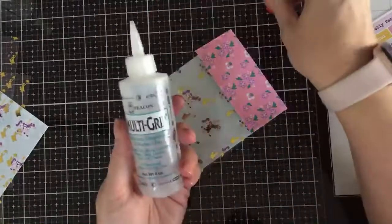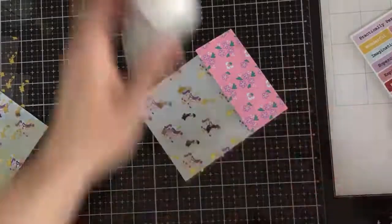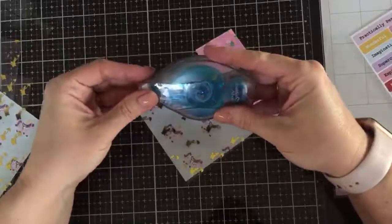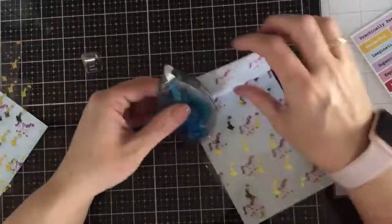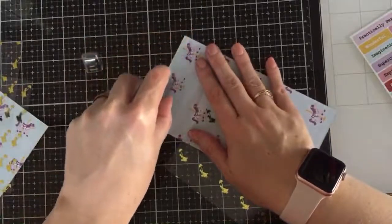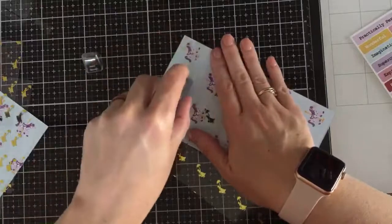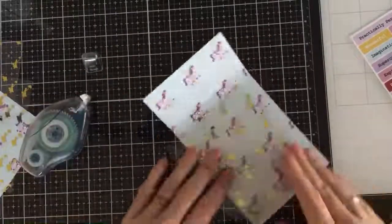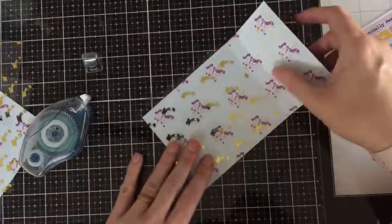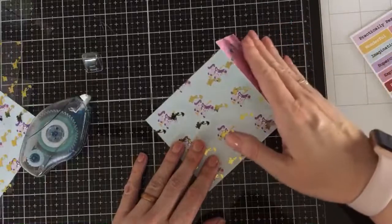So I'm just going to use a multi-grip. Actually, no, I'm not. I'm not going to use a liquid on this. I am going to use my Easy Dots on this. It's a permanent run by Scrapbook Adhesive. And I'm just going to run it right there on the base. And then about right here again in a couple spots. I'm going to line up the bottom with the card base. Like so,